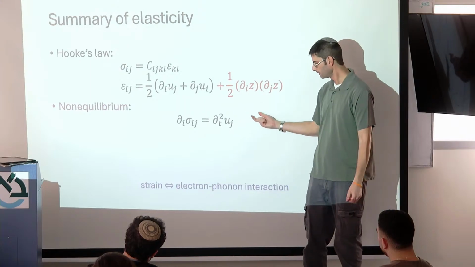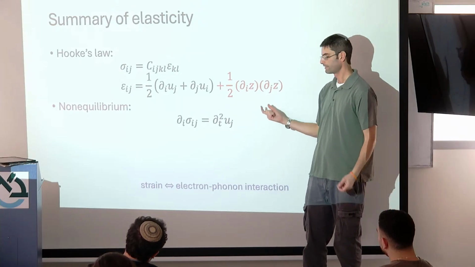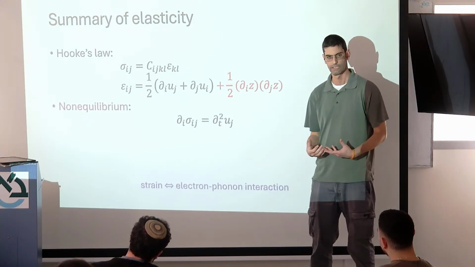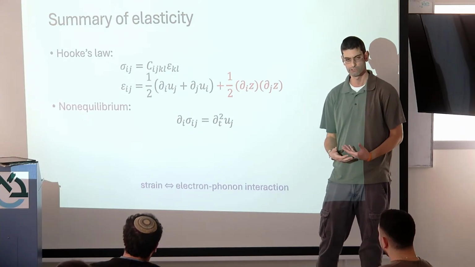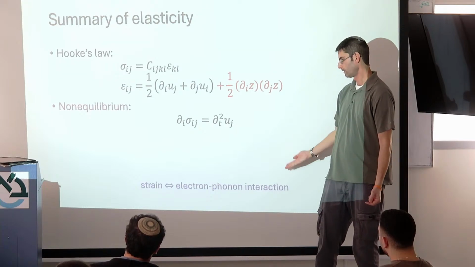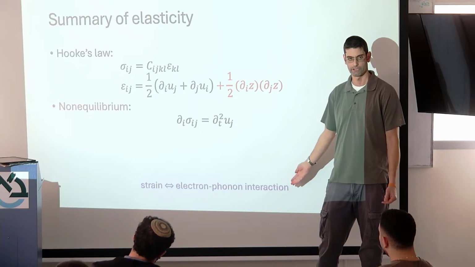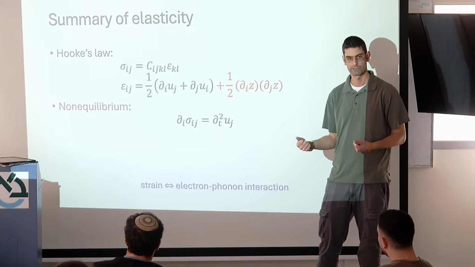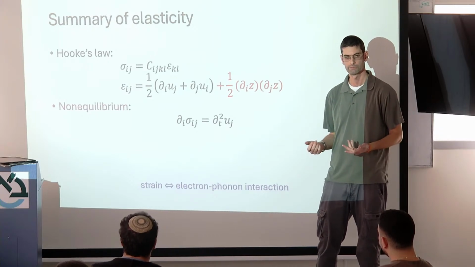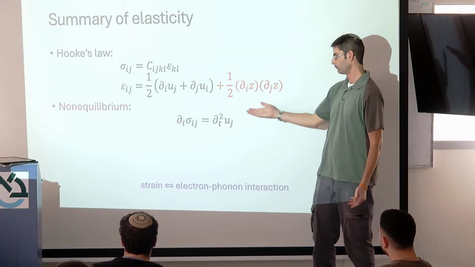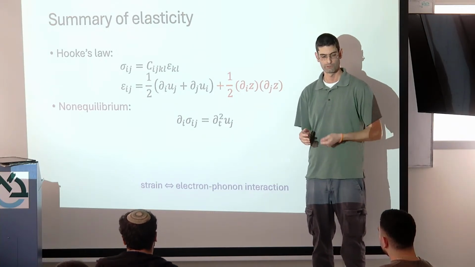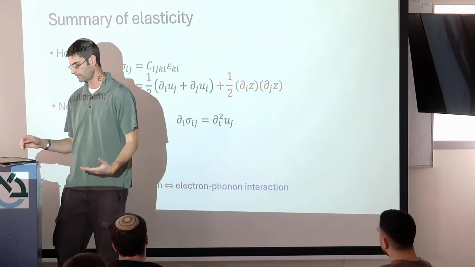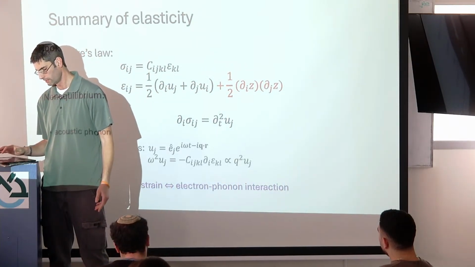And that means that if I take a quantum material, a material where electronics are important, and I put in strain, what I'm actually doing is starting to manipulate the electron-phonon interaction. Because as I put in the strain, I force my atoms to move. As I force my atoms to move, at some frequency, I am also moving around the electrons in the system. So the first kind of question that we should ask ourselves,